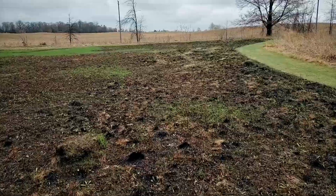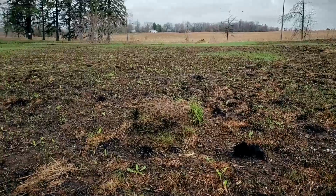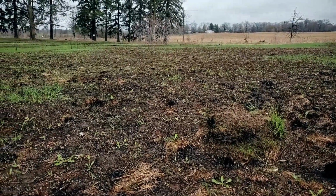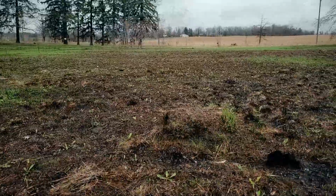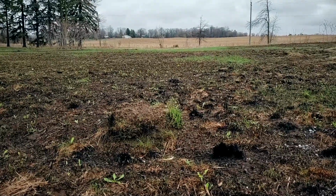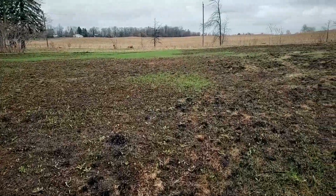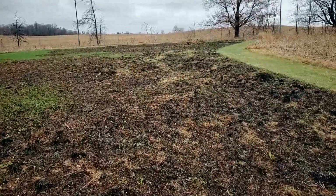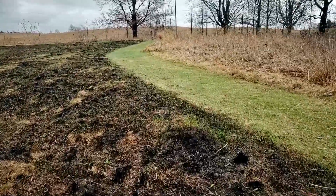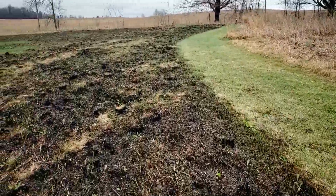It just looks pretty continuous, but you can see little spots here where there's a bit of a drainage line that's carved itself over time, just from rainwater and spring melt. It falls right through and over to the corner of the property. And a lot of these big, giant anthills build up over several years. Some of them are pretty near 2 feet tall, and you don't know they exist unless you get it down to this bare state to have a look at it. So that's pretty interesting. Another big one here right by the side of the path. And this section here,